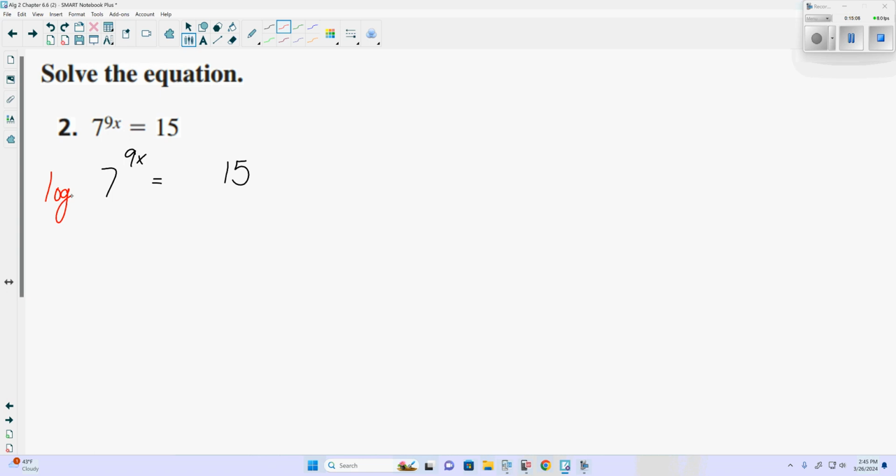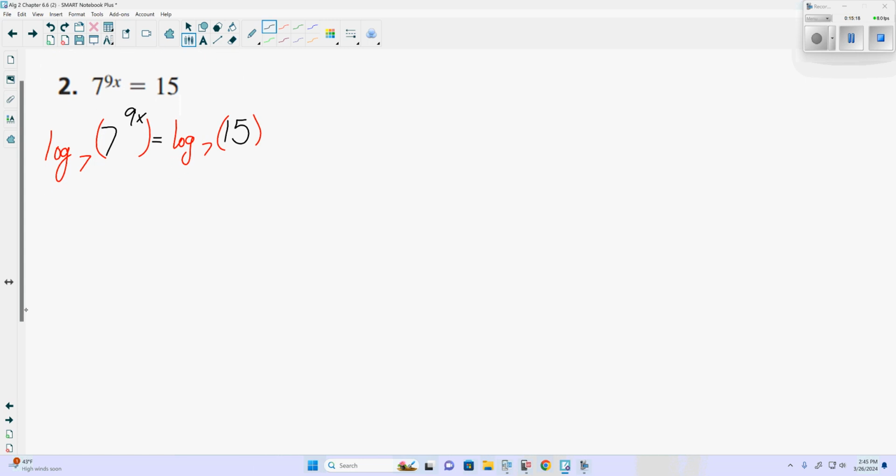Log base 7. Because we'd use log base 7, because log base 7 of 7 is what? 1. Because it would simplify log base 7 of 7 to the 9x down to what? This entire side would just be 9x, because log base 7 of 7 simplifies to 1, leaving us with just our exponent, is equal to